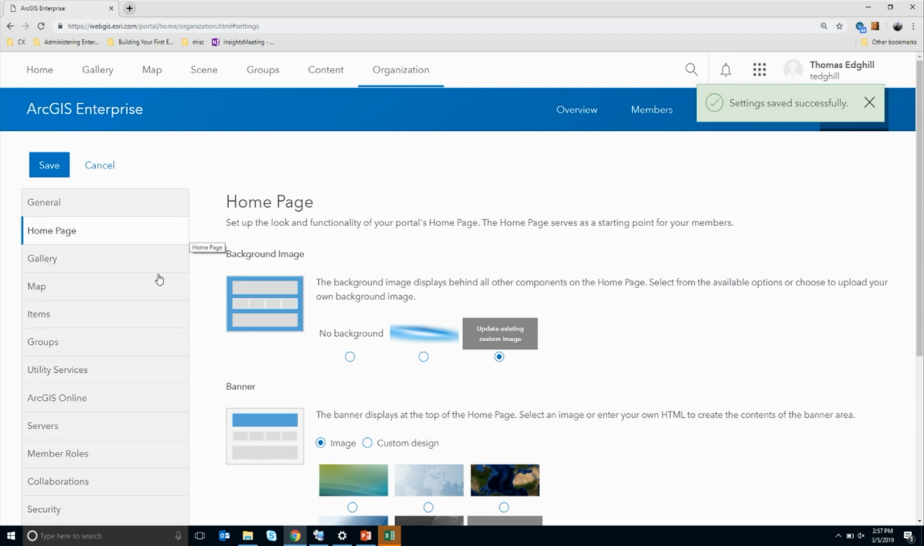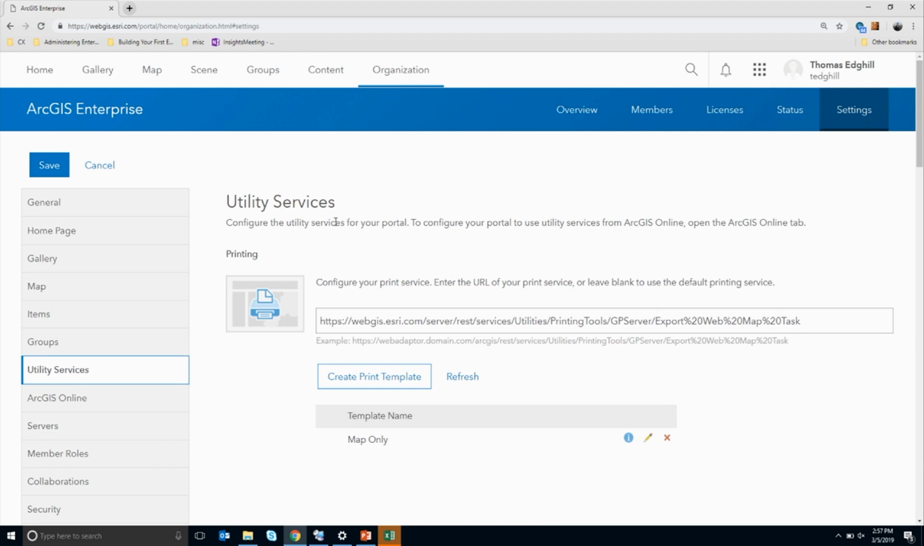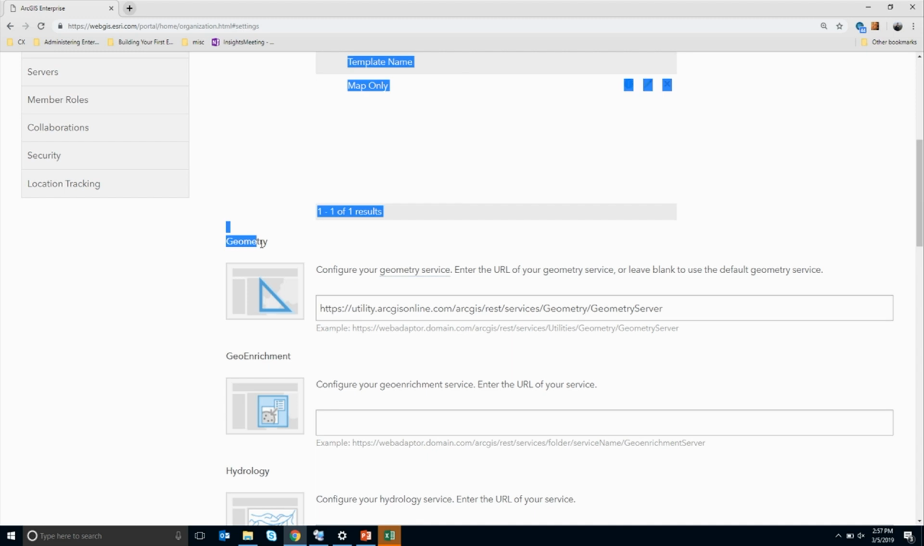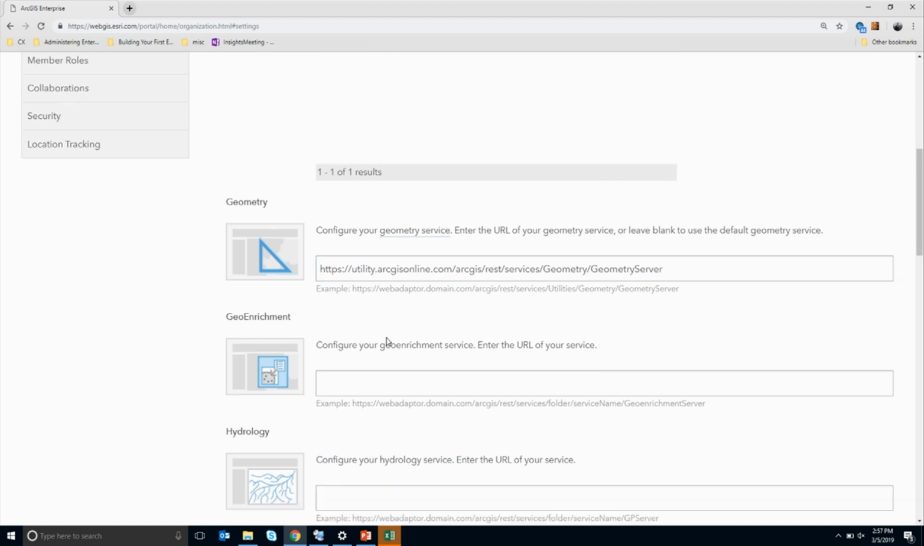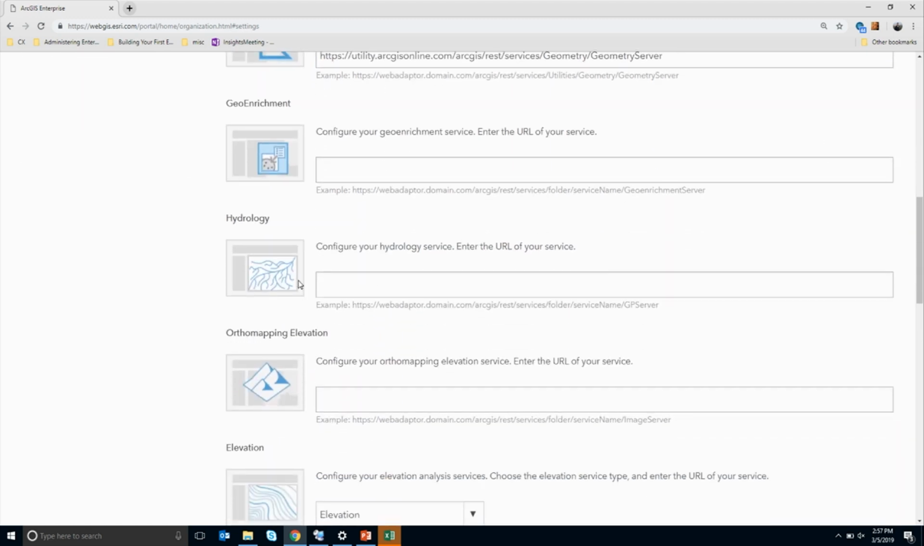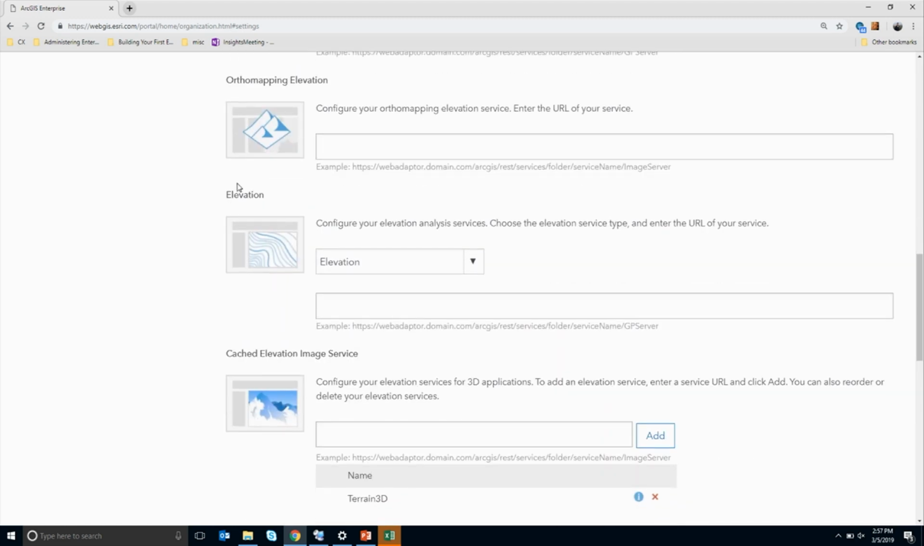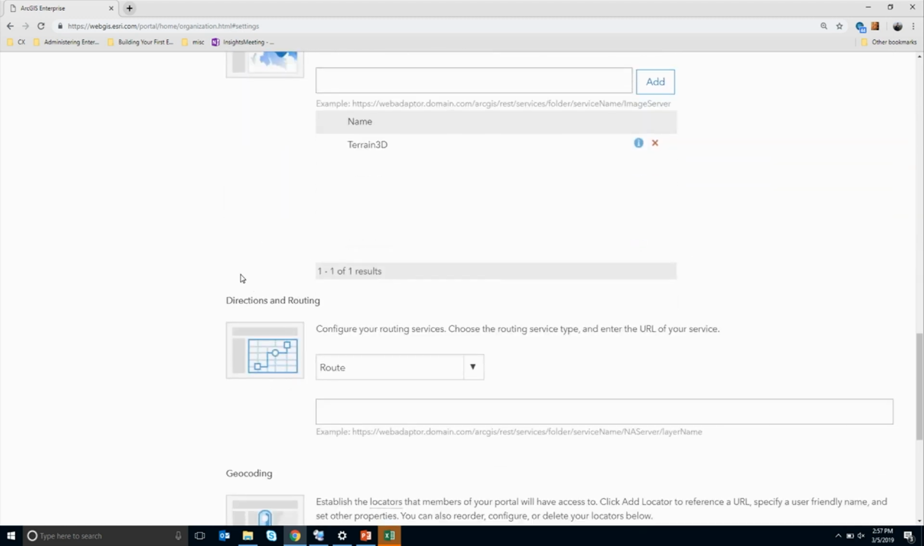Now before I leave this page, I did mention utility services and whatnot. So over here we do have an option called utility services where you can configure a lot of the ways that your portal does certain tasks. For example, if you wanted to use a custom geometry service for geometry operations, you can use that. Right now it's using ArcGIS Online's utility tools. There's also the option to further customize for geo-enrichment, hydrology mapping, things like elevation, but also your directions and routing